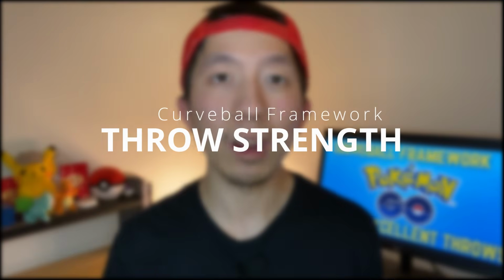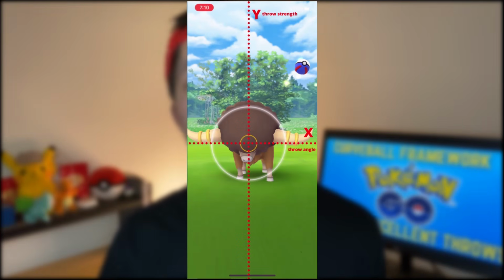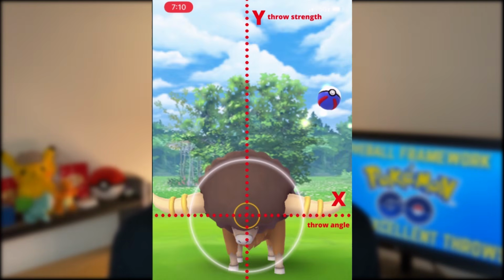And then the last part that makes up the curveball framework is the throw strength. So imagine there was a strength meter in your hand, kind of similar to those in the pinball machines. Now if the throw angle determines where the Pokeball will land on the x-axis, then think of the throw strength as where the Pokeball will land on the y-axis of the target circle. The distance of the Pokemon away from you is a huge factor to consider when you're trying to determine your